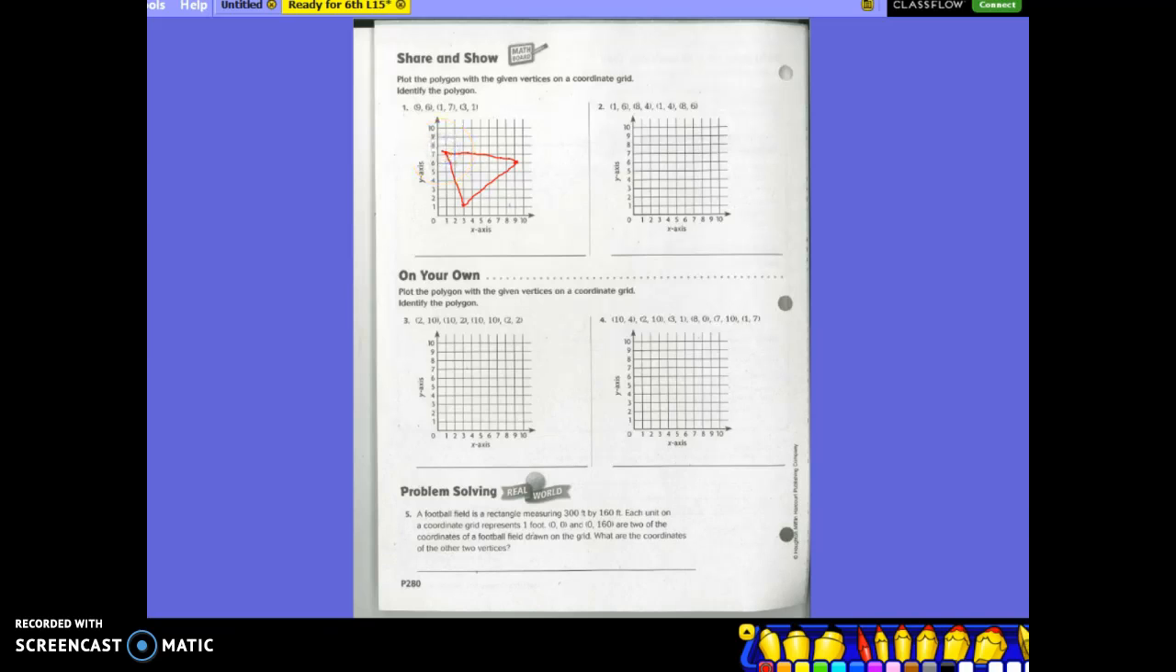And what shape does this make? A triangle. And we're going to go on to number 2. And we're going to plot a point at 1, 6, 8, 4. Don't forget to go across on your x-axis first. Then we're going to plot a point at 1, 4, and another one at 8, 6. And when we connect those lines, we're going to have a